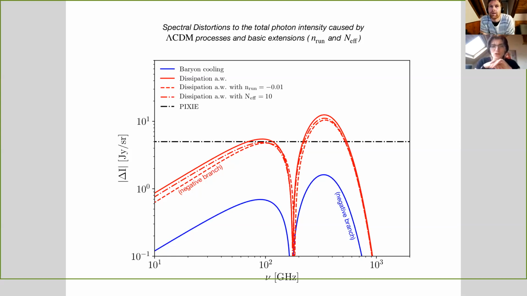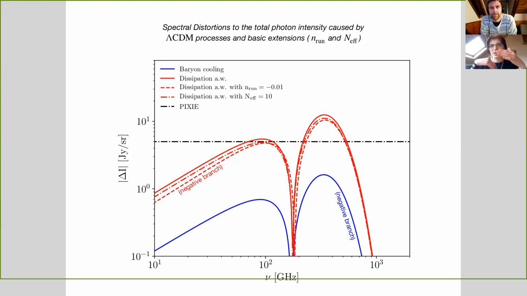All of the ones shown here are the basic spectral distortions we would expect within Lambda CDM. These are not all the contributions, there's one or two missing. But within Lambda CDM, one of the biggest causes of spectral distortions is going to be the dissipation of acoustic waves in the early universe. This leads to the red solid line here. The dotted black line in the background is PBH sensitivity. This is the mission that was proposed 10 years ago, which would have a sensitivity of the order of 10 to the minus 9 in terms of Y and mu distortions. Here you can see that most of this is just below the sensitivity of PBH, so it would not be detectable by PBH except in some frequency bins.